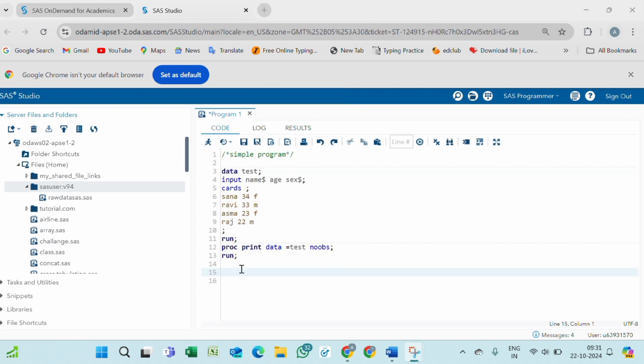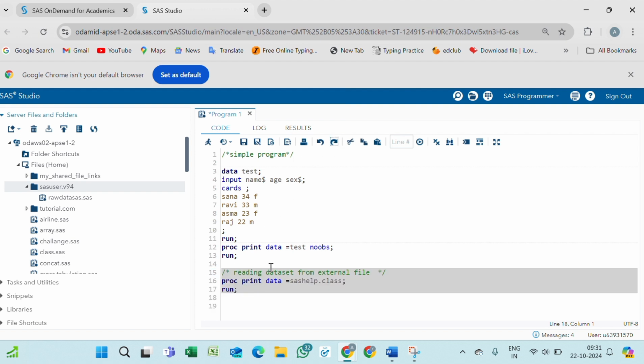Now, you can read the dataset from an external file also. The external file is nothing but what is stored in a library. That one also you can read. So say here, reading datasets from the external file. Proc print data equals sashelp.class semicolon. This is nothing but the dataset name which is stored in the SASHELP library. So when I run this,